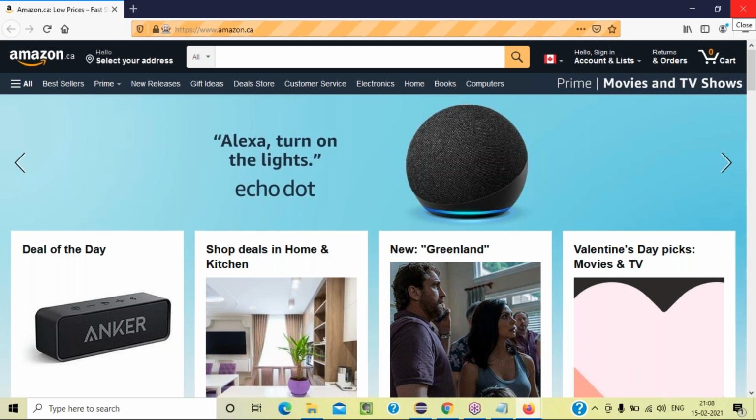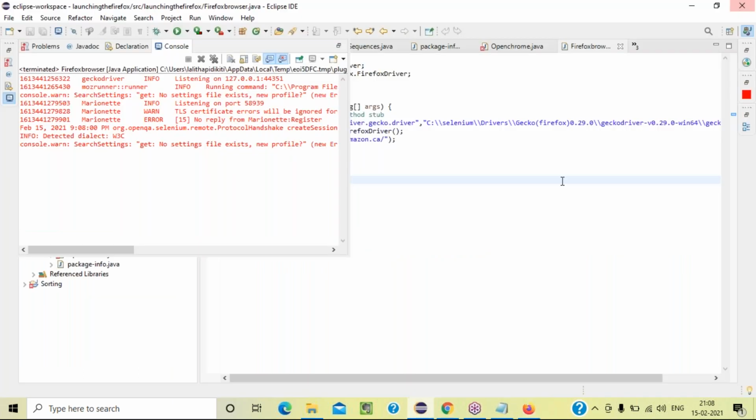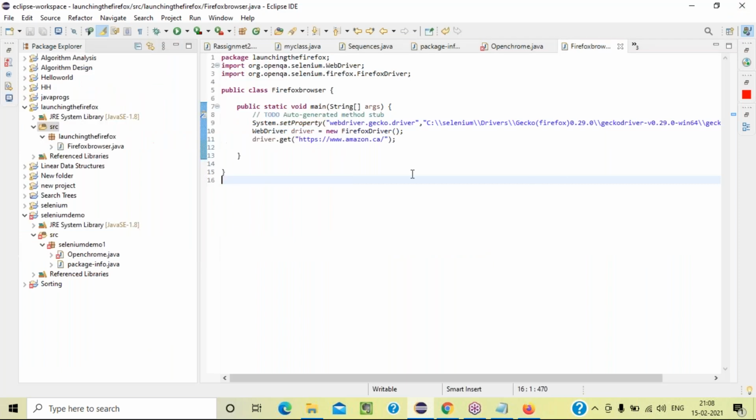Okay, can you close this one? So one more time, I'm telling what we are giving here, guys: for Firefox, System dot set property, and key and value we are giving. And what the key is, in an interview question: webdriver.gecko.driver. Okay, so this is the way we can launch. Yesterday we saw the Chrome browser. Today we saw Firefox. Okay, anyone want to share your screen, guys? We want to do the Gecko driver.